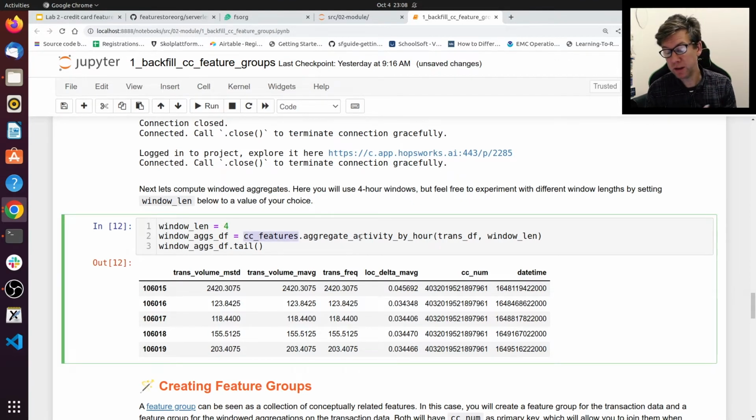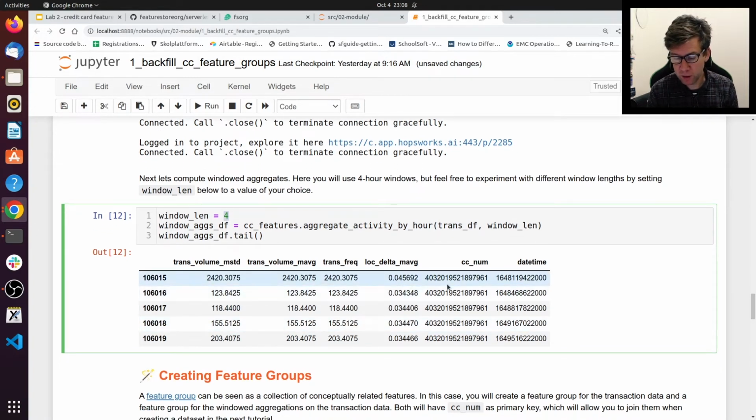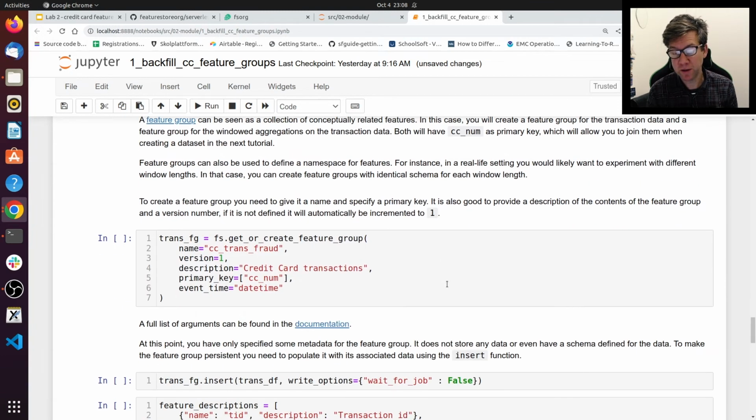And then we're going to now compute the aggregated features, and we're just going to call the module cc_features aggregate activity by hour. And we pass in the transaction data frame and the window length, in this case 4 hours, and we get back our features for the aggregated features. So with those, we can create the feature groups,